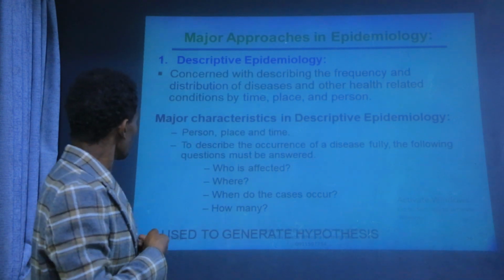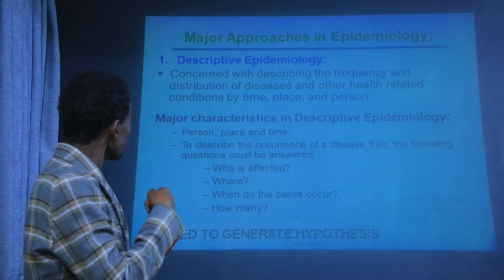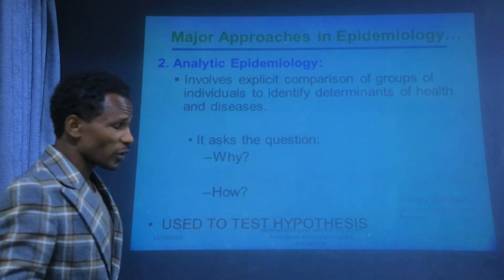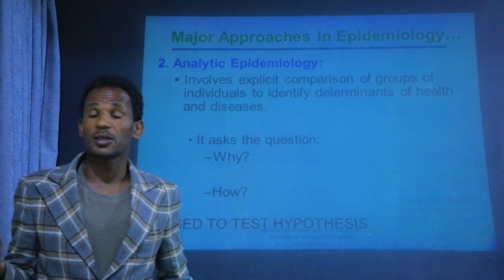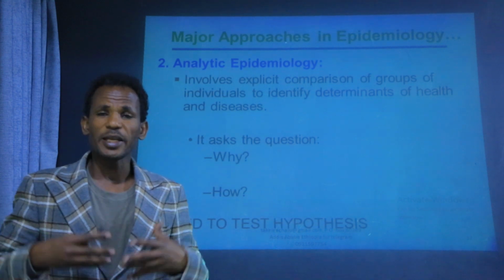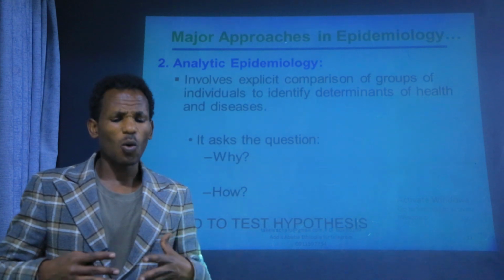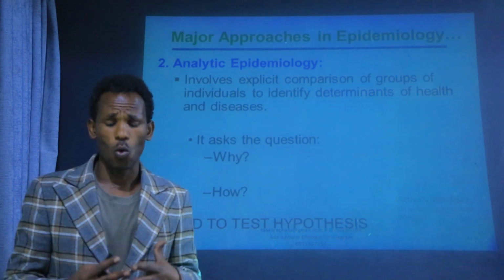This is all about the characteristic of the distributive approach of epidemiology, and the next one is the analytical one. In the analytical approach of epidemiology, there are the words why and how, which means